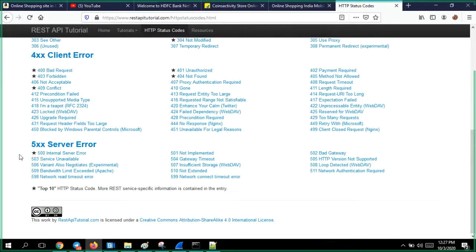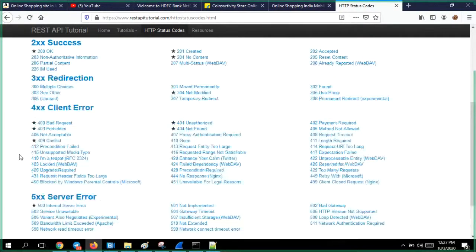Same way with web servers. Maybe Big Billion Day or an Amazon flash sale, or Thanksgiving days, in specific hours the load on the servers will be so much that they won't be in a position to serve you. During that time, you will get a response that the internal server or service is not available. These are the kinds of things you will get.